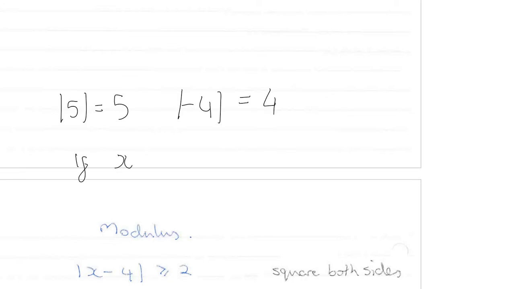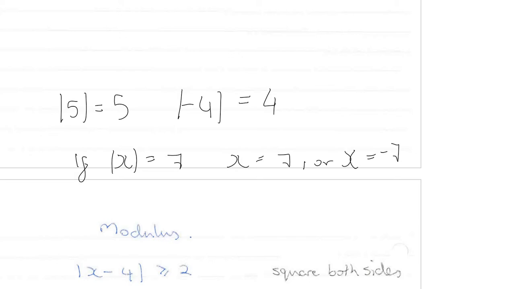If the modulus of x equals 7, then x could actually be 7 or x could be minus 7. So to go back to this, when we're dealing with modulus equations, as we don't know whether we're dealing with a positive or a negative value, we can't solve it unless we know for certain whether it's positive or negative. So what we want to do is square both sides. If it's a modulus equation, we square both sides, because then at least we know we've created a positive